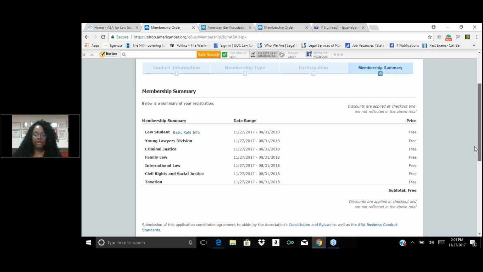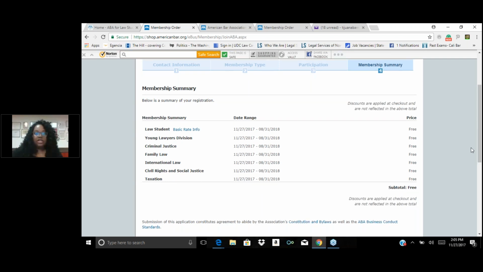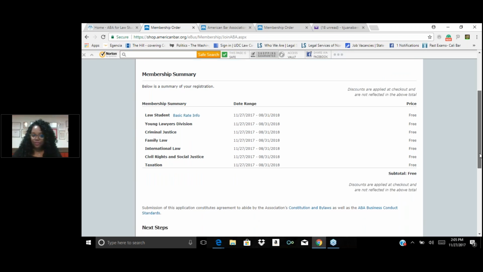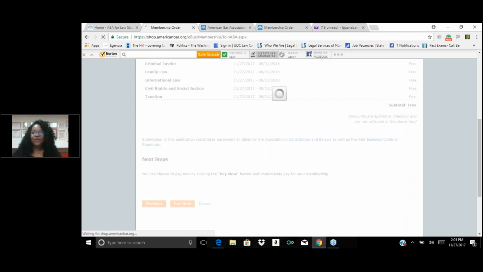If you started, as of right now, it should be free. But as you can see, I'm already signed up for the law student division and the young lawyers division, and I didn't even choose them because we are automatically enrolled. And then there are the 5 that I chose, and it's all free. I think that's the best price for law students. I don't know if you agree, but we're going to press pay now, and of course, pay now and it's